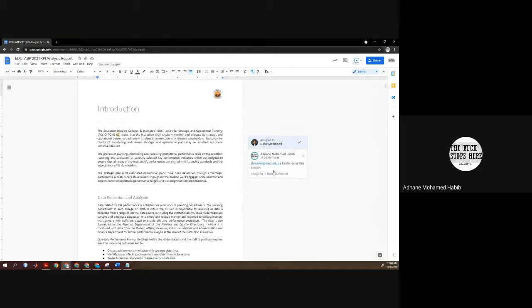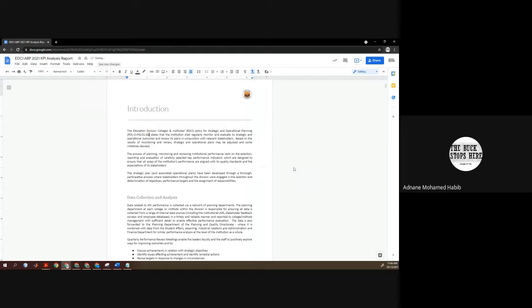The person can reply to your comment, and you can follow the thread through your email or within the document itself. Once the task is completed, you simply mark it as done, and the comment is removed, and the person is notified within their email